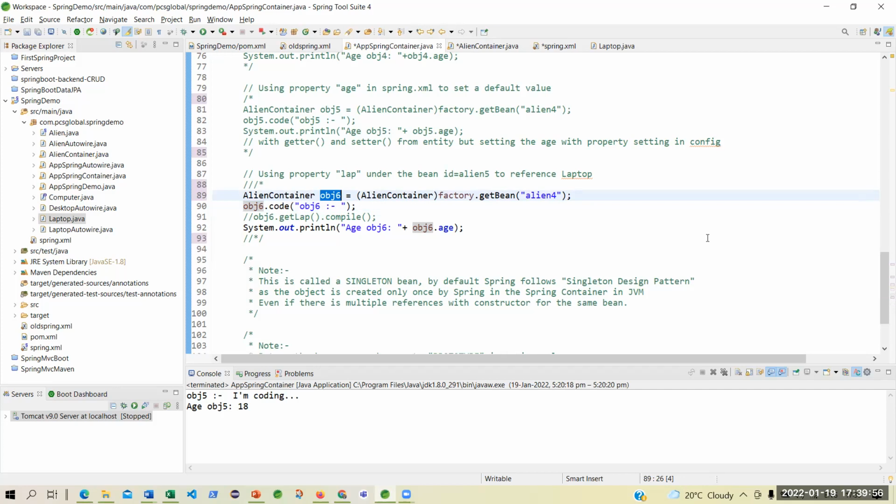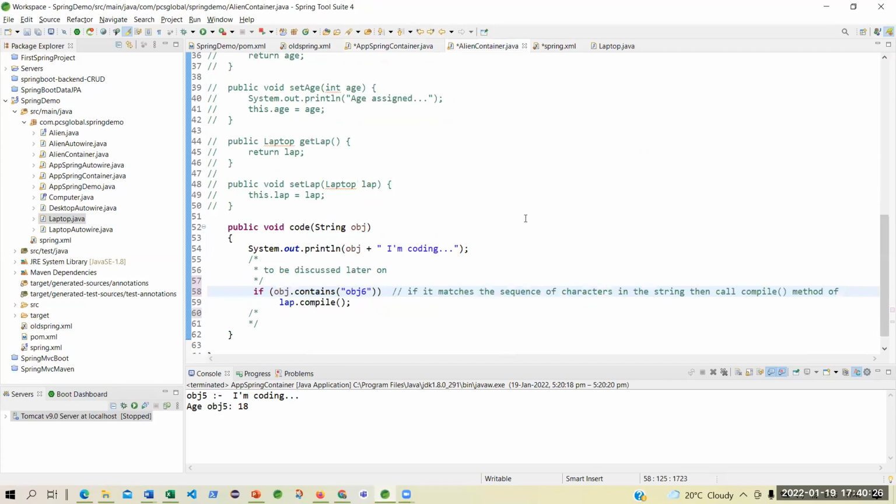I'm saying object, and you are saying align container. Sorry, sorry. Why, Nirvan, are you not understanding this one? No, sir. Can you repeat again, sir? One more. I'm asking you, what is obj6? It is in front of your eyes. It's an object. I also understand, but object of what type? Align container, sir. So what is align container? It's a bean. Bean, yes, sir.